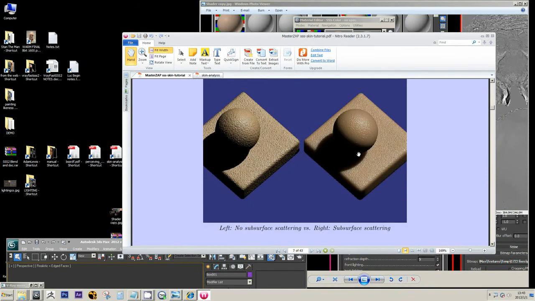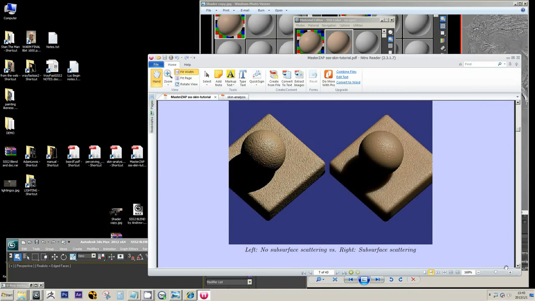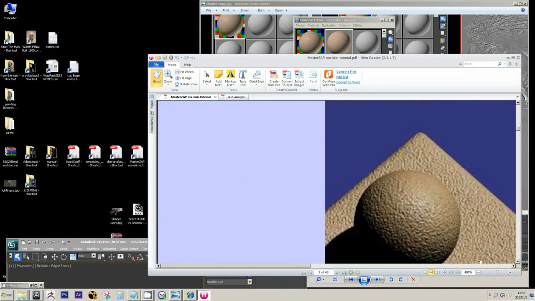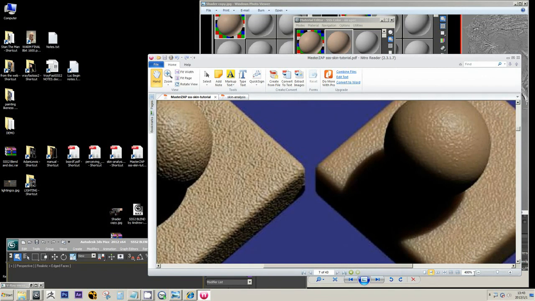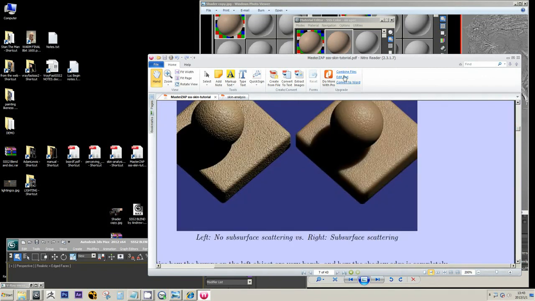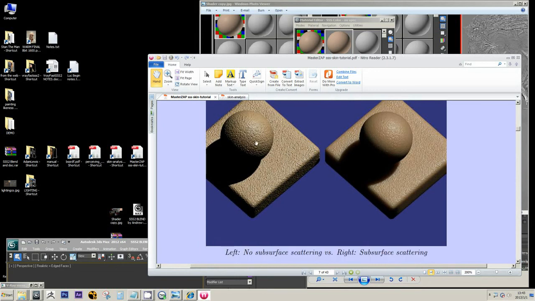This is also one very important one, and I'm not sure if a lot of people realize this, but if you notice, the difference between the left and the right is actually pretty slight, but there is a difference. The one on the left, like the PDF said, has no SSS, and the right does. And the one on the left, the bump is very harsh, and the one on the right, because of the